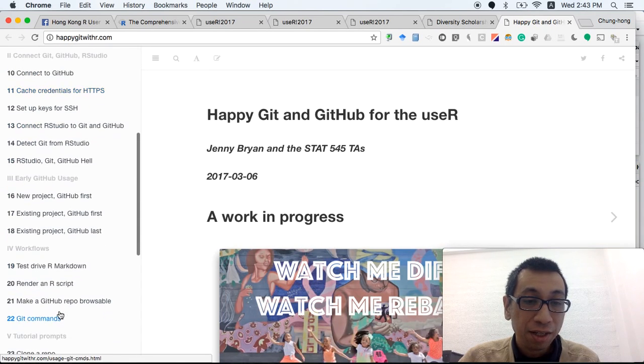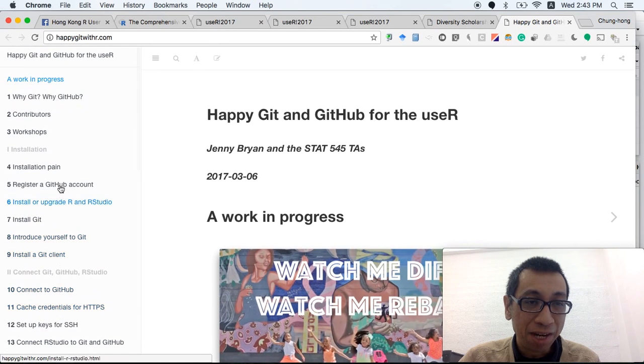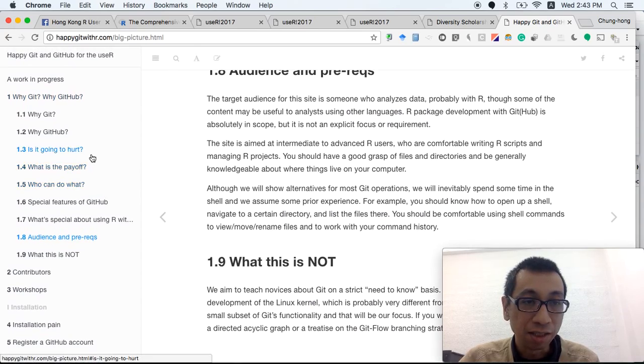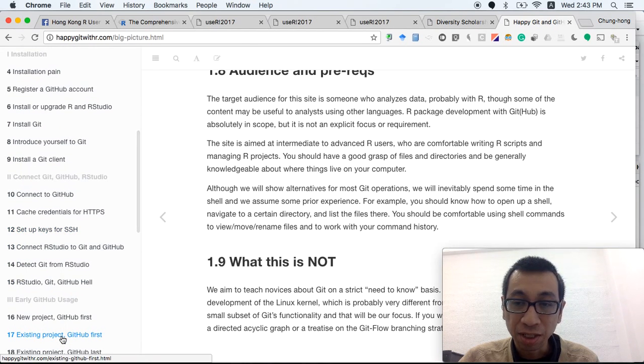I think it is a Git book, and it tells you how to use Git and GitHub as an R programmer. If you want to learn more about how to use Git, you can check out this new website.